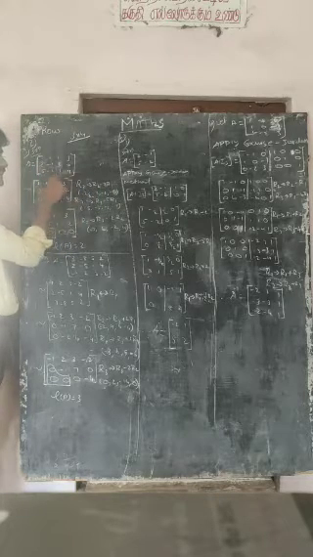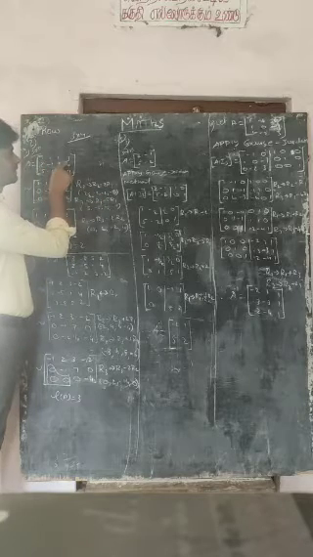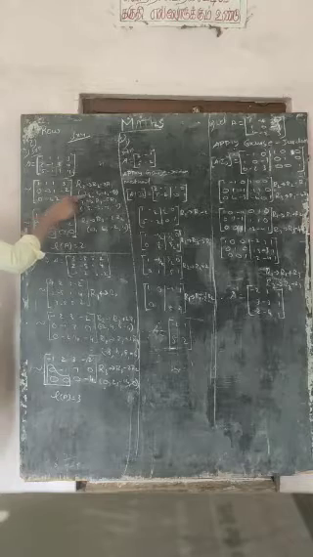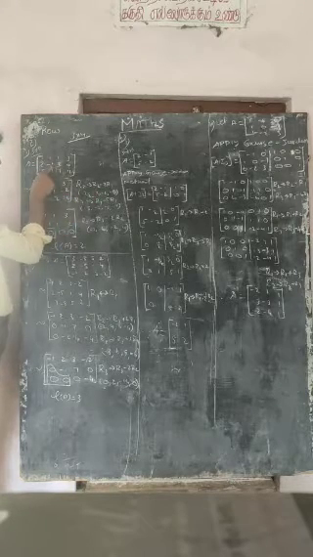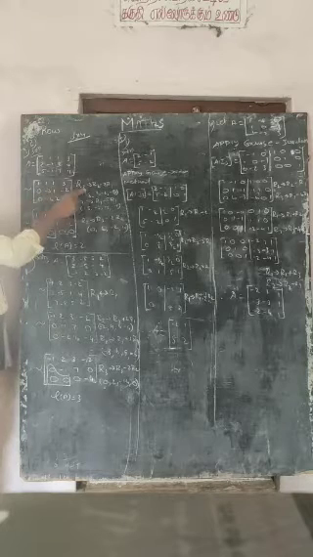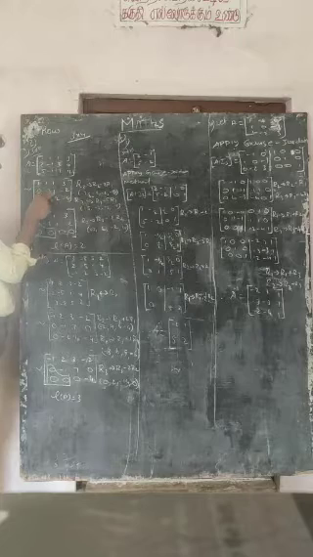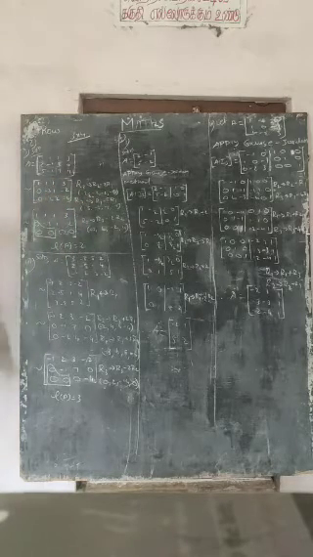Minus 2 into 1 is 2, then put the minus symbol. 2 1 is 2, put the minus symbol. Here is a 3, 2 3 is 6. Now you are making a subtraction. Minus 2 plus 2 will become 0. Minus 2 minus 1 will become minus 3. Minus 2 plus 3, sign will be changed, subtract and put the bigger number symbol, that is 1. 4 minus 6 goes to minus 2.